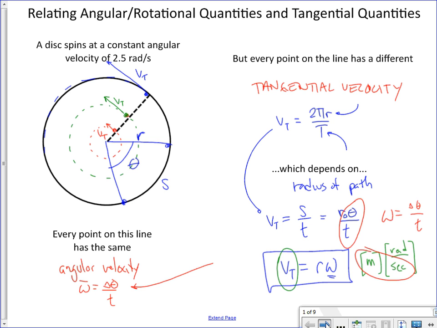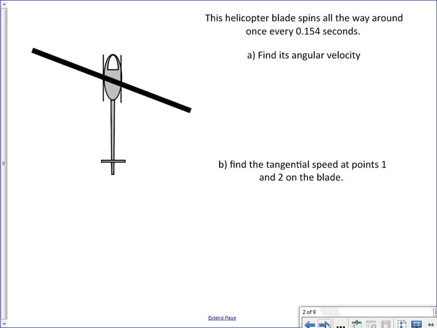Okay. Now, here's a pretty sweet drawing of a helicopter. This blade spins all the way around once every 0.154 seconds. Let's find an angular velocity. Well, that's nothing new. That's what we did last time. And we're really finding an average angular velocity, delta theta over t. And delta theta all the way around, well, remember, we've got to make that a number of radians in 0.154 seconds. So our average angular velocity,